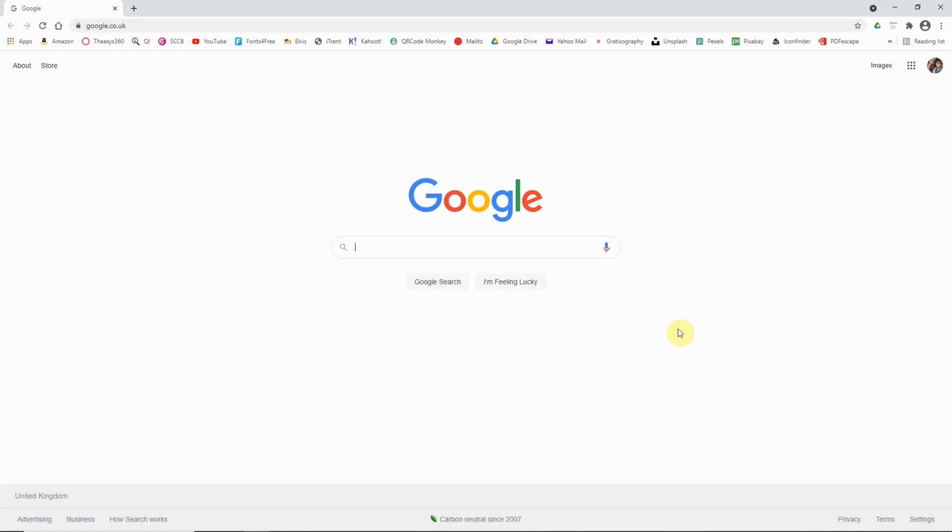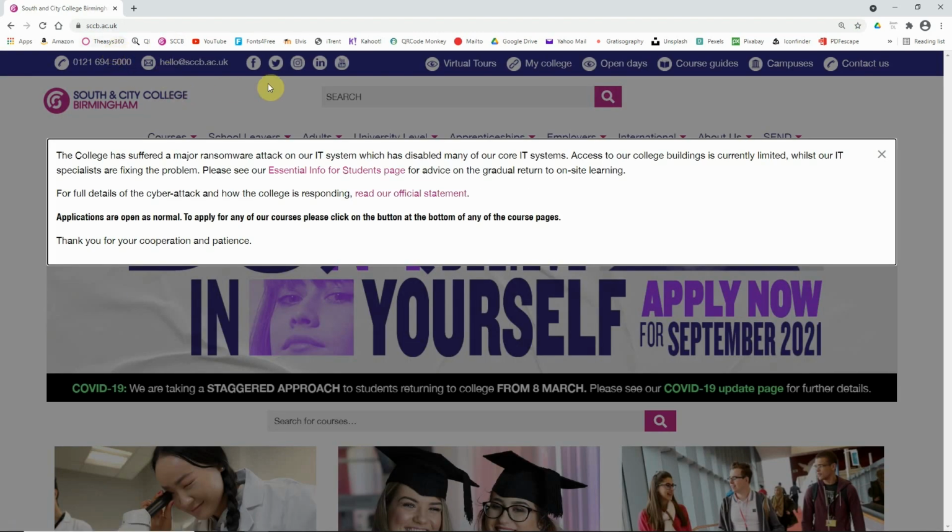So the next time you log into Office 365, you're going to be required to change your password. So I'm just going to walk you through the whole process now. So the easiest way to get to Office 365 is through the college website, so that's